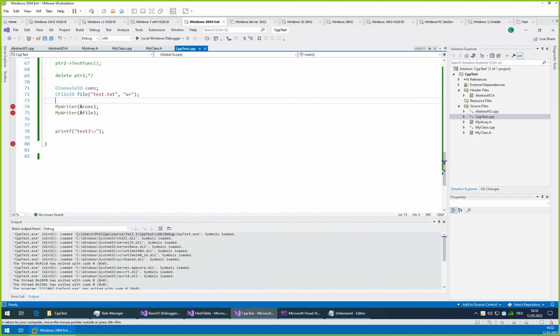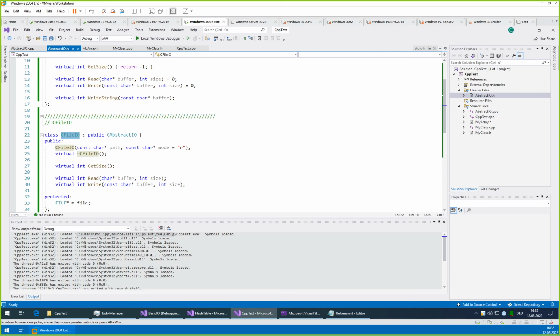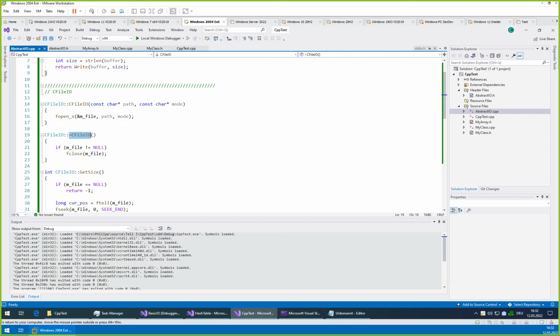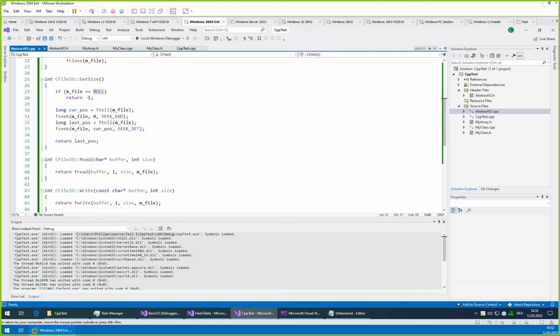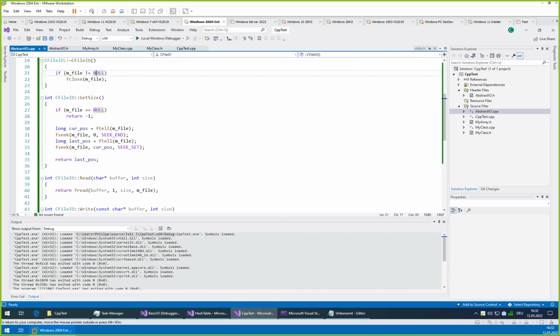And the nice thing is that usually of course you have to call fclose on your file, and here the destructor of our CFileIO class automatically, once it goes out of scope, will take care of that for us, and make the fclose.